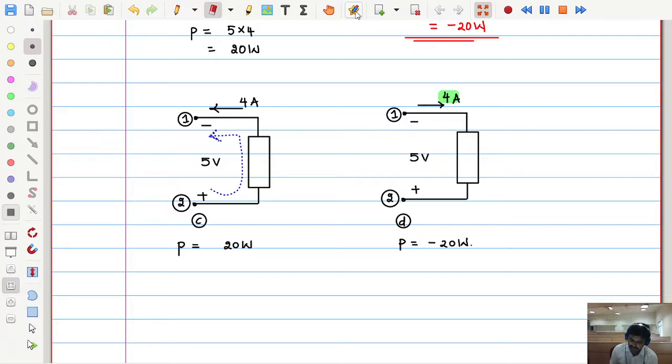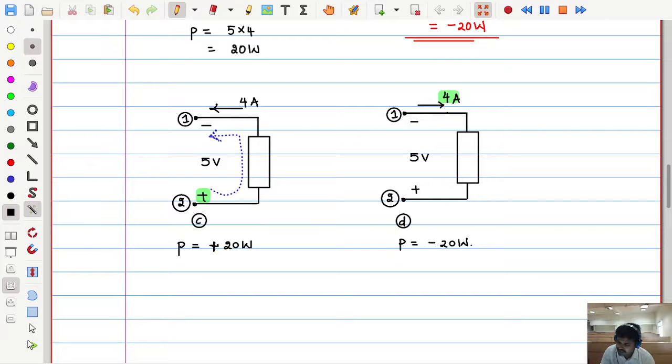As the current is entering at the positive terminal, I will always look for the entering terminal instead of sometimes leaving, sometimes entering. Though they may give the current leaving from one terminal, I will interpret that it is entering at the other terminal. Is that terminal connected to the positive polarity or the negative? This is positive polarity, so I will take this power as positive. Clear?